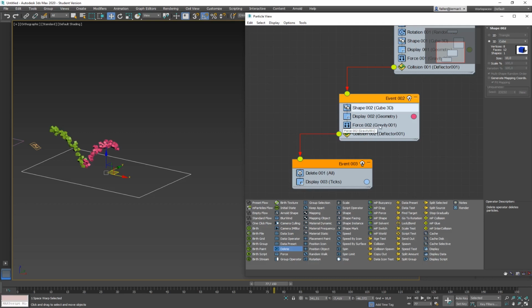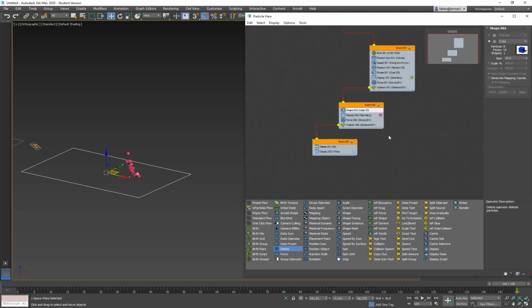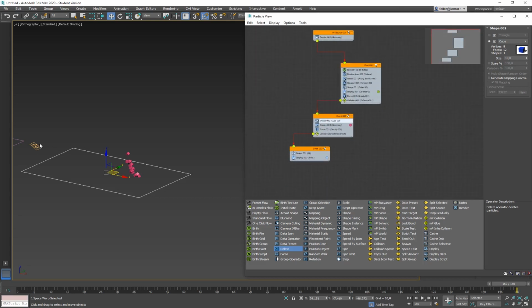There has to be a certain force, gravity, and the new collision, the second one, when they're red. And then you can see now they die on collision. As soon as the particle hits the deflector, they go into the new event and they die. Okay, so that is a very simple particle flow that has a couple of forces in it and a couple of tests, where one test is going into a new event and the other test is going into a delete event.